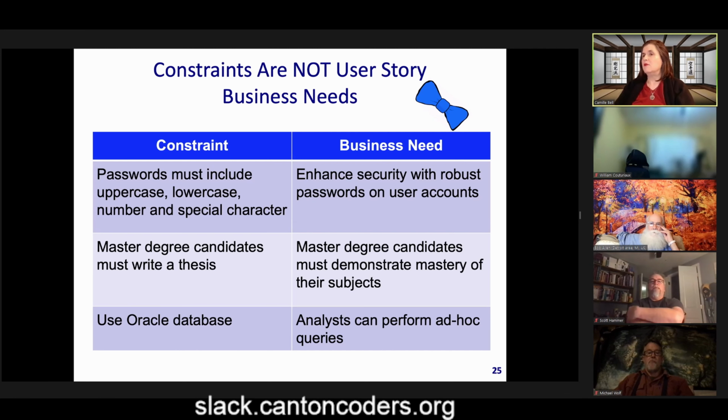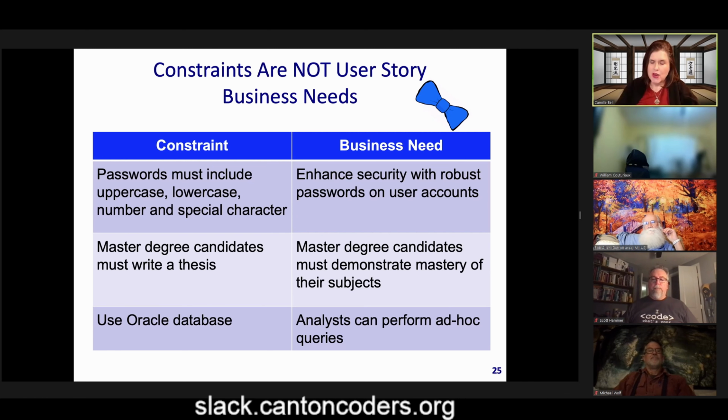Now, if you already have Oracle in place and you're going to pry it away from the DBAs over their cold dead fingers, then that constraint may be a really true thing, but you need to recognize it's not the same thing as your need. You may discover later that there are certain things that maybe MongoDB would be better for. You don't even need a relational database. So recognizing the difference between these two things,